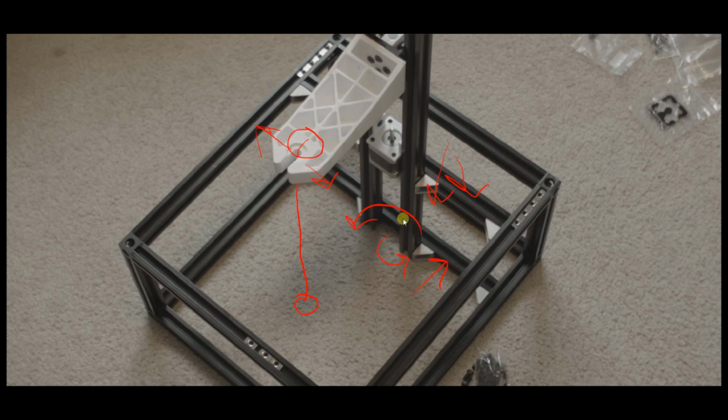So geometrically this is a little bit fun, but this is the easiest way I know of to get this perfect, and that is put a plumb line on here and set it up so that it's swinging right above the bottom, and you're going to put a piece of paper or something down here on your table or work surface, and you're going to mark right underneath the plumb when it's hanging straight down. And from there you're going to roll this gantry, so take the gantry here and roll it up and